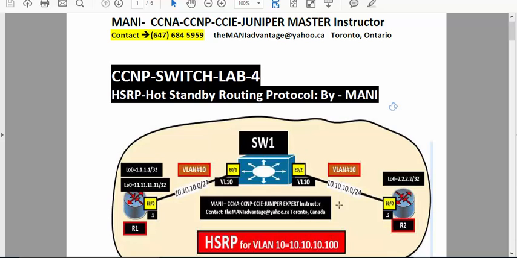Router 1 and router 2 are part of the same VLAN 10. So router 1 IP is going to be 10.10.10.1 and router 2 IP is going to be 10.10.10.2. Assume there are lots of other devices connected to VLAN 10, and their default gateway you don't want to put as .1 or .2. We want to give a virtual router. So the virtual router IP address is